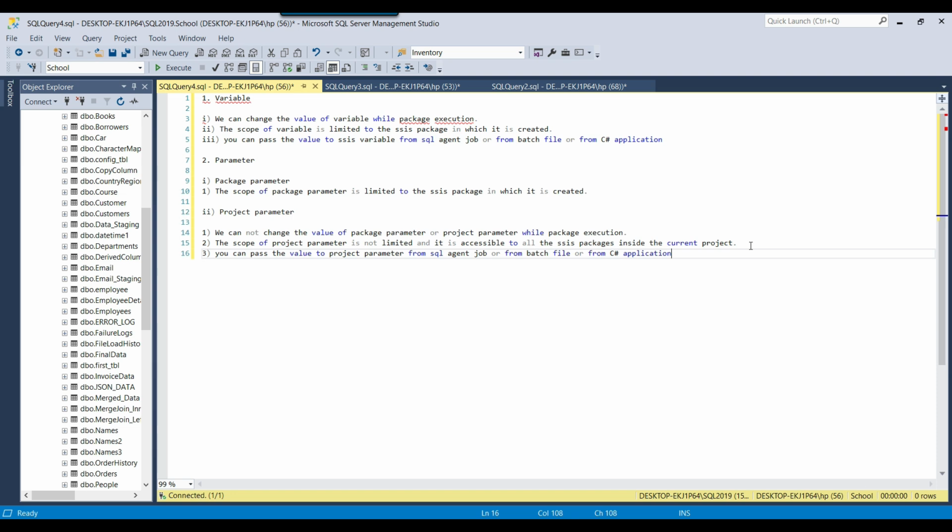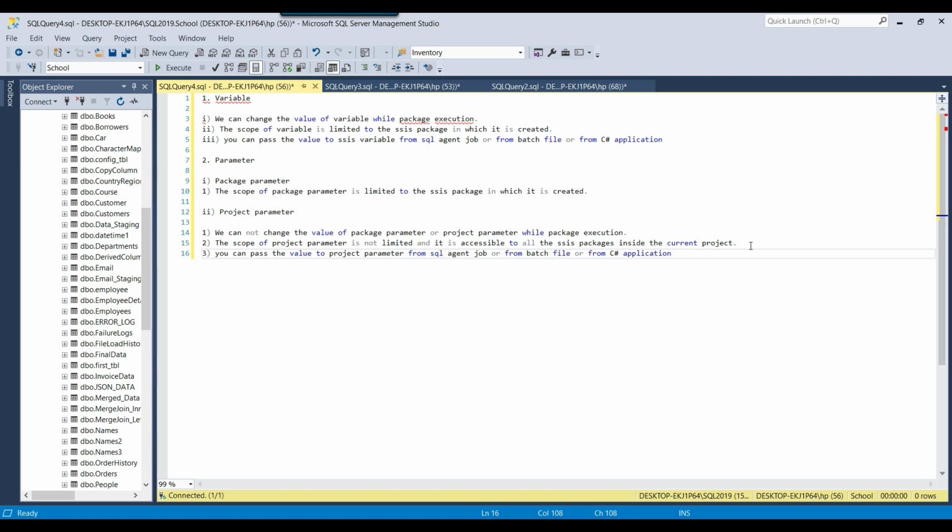For example, suppose you are using a connection like a SQL Server instance name and database name, and that connection might be used across multiple packages. Instead of creating the connection managers in every package, you can create a single connection manager and the value can be passed through the project parameter.